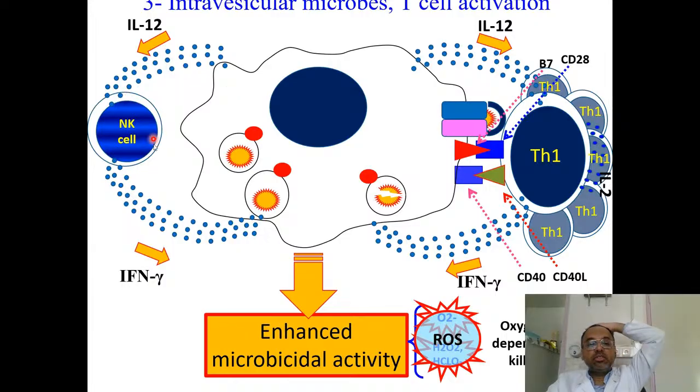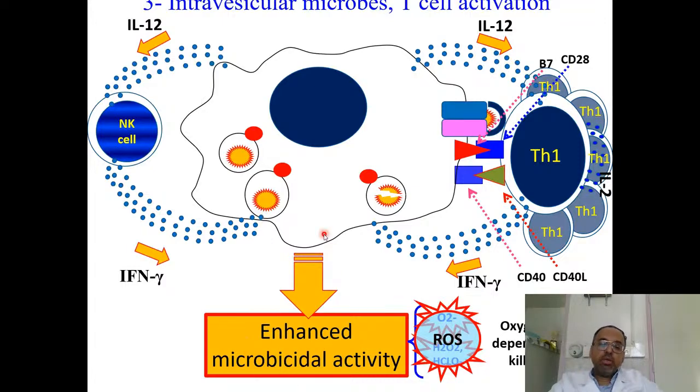So it's like this: NK cells are always floating around, in the blood and sometimes in tissues. When they see a macrophage or an antigen presenting cell which is producing IL-12, they say, oh yeah, you're producing IL-12. So I don't know what's happened inside you, because I don't have receptors for MHC and antigen. I'm not part of the adaptive immune system. I'm part of the innate immune system. So I cannot recognize antigens. Nonetheless, if I see interleukin 12, I will start producing interferon gamma. And the interferon gamma from natural killer cells can also help by increasing microbicidal activity.